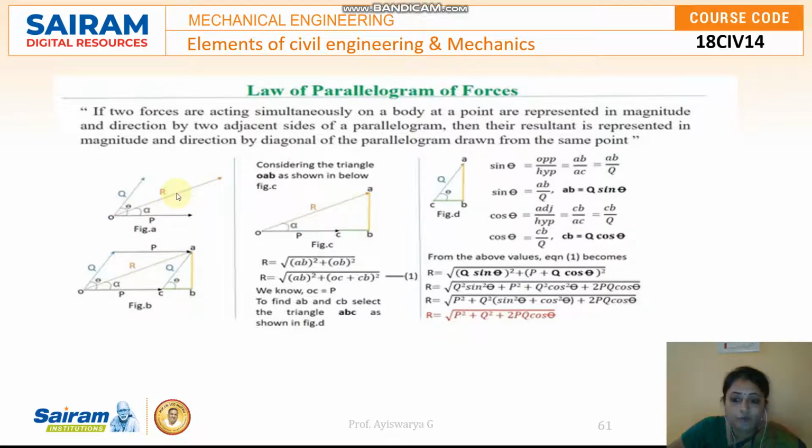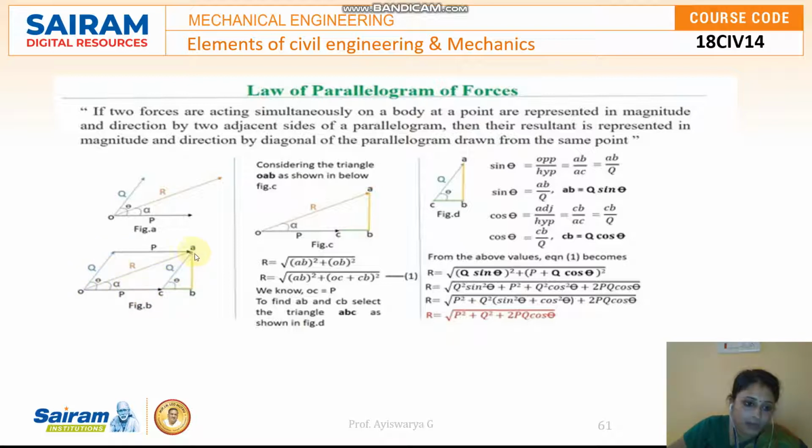Now we shall see how to calculate the resultant. The parallelogram law says you need to draw a parallelogram. You have two forces, P and Q. Just draw the opposite sides and make it a parallelogram so that the forces have the same magnitude and direction. Consider P as an upward line and Q as a sideward line, P, Q. It looks like a parallelogram.